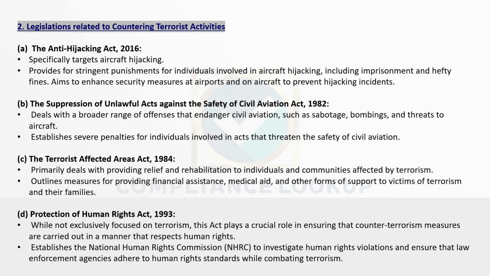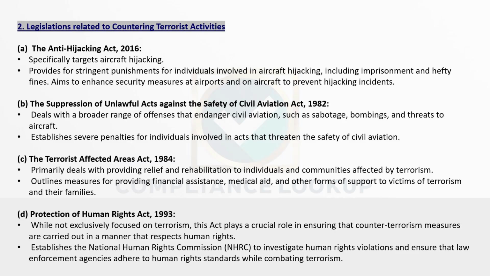Second, hefty fines and imprisonment for attempts to hijack. Third, the law also covers hijacking attempts made outside of India if the aircraft is Indian or the perpetrator is an Indian citizen. Example: in 1999, the IC-814 hijacking involved a plane traveling from Kathmandu to Delhi being diverted to